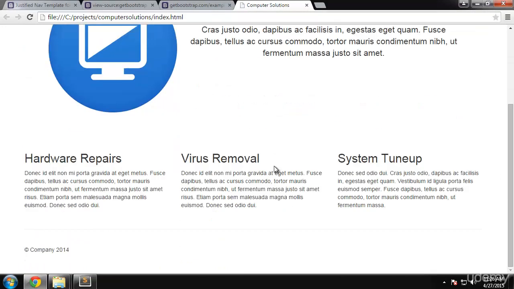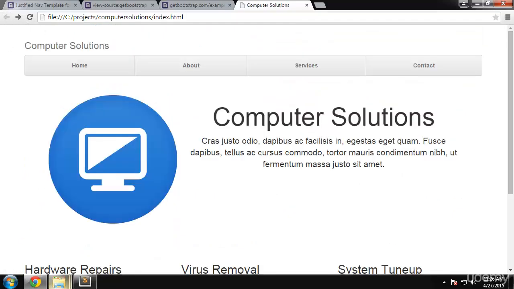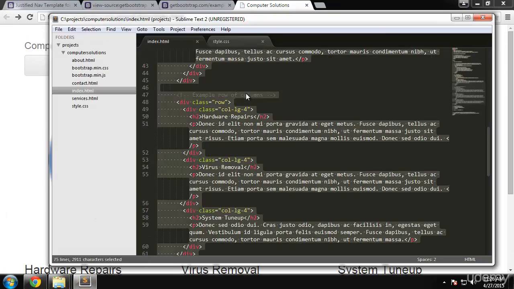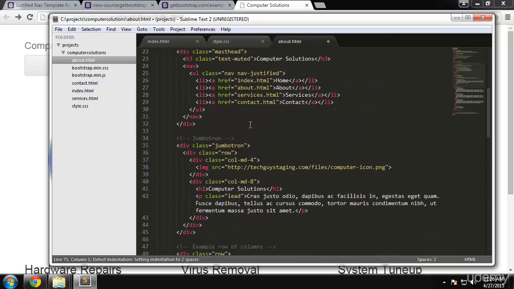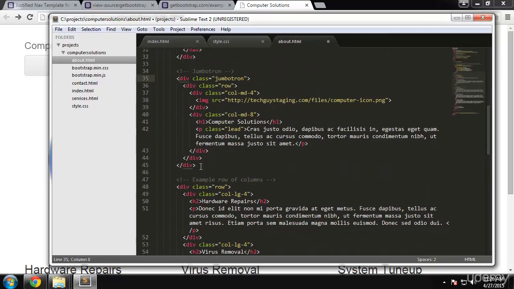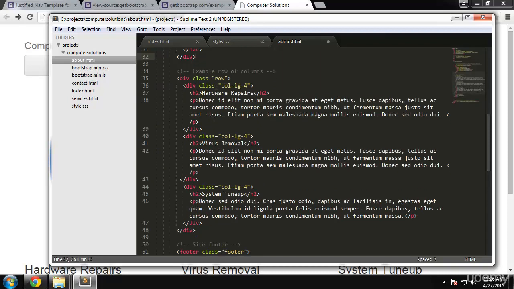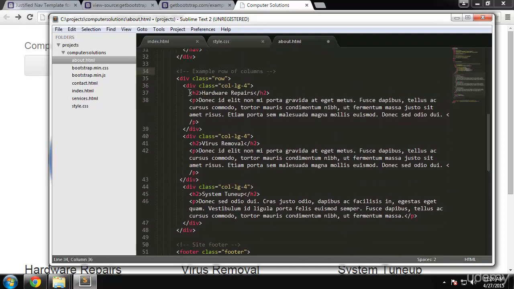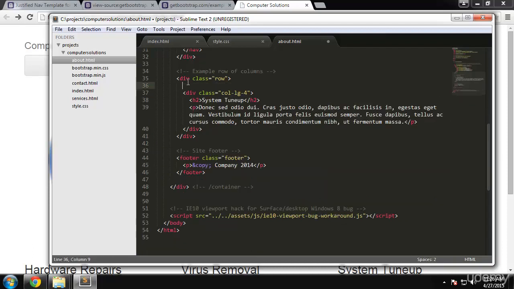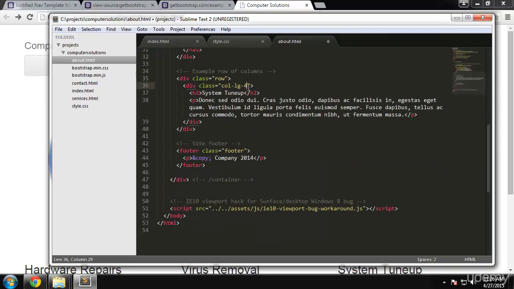That's our home page. Alright, now for the about, basically going to be the same thing, so let's just copy all of this and go to about, and we're just going to change a few things. We're going to get rid of the Jumbotron. That's only for the home page. And then this stuff, I don't want this stuff. So I'm just going to, let's get rid of these. And then we can change this to a 12 column, and we'll change the heading